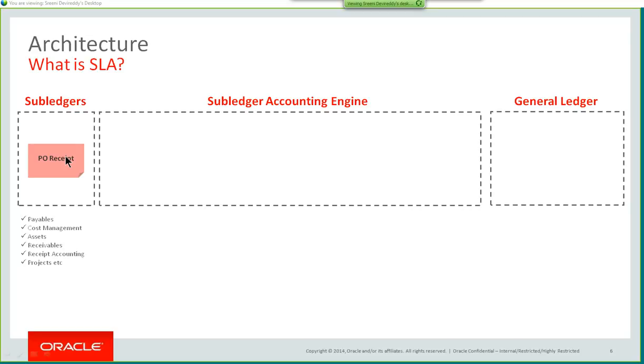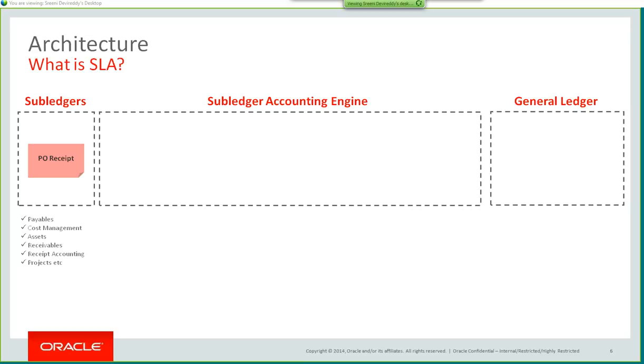These transactions have to be accounted. What could be these transactions? So these transactions could be purchase receipt, delivery, sales order issue, movement of the goods from one inventory to another inventory. So these are all typical transactions that can take place in the supply chain. So all these transactions have to be accounted. They also have to be costed. That's a different topic altogether. So there are 2 primary topics here. One is accounting topic and the other is costing topic. So we'll focus on the accounting